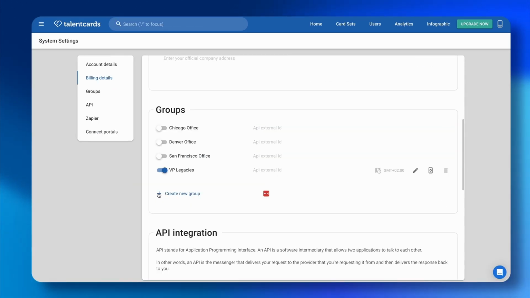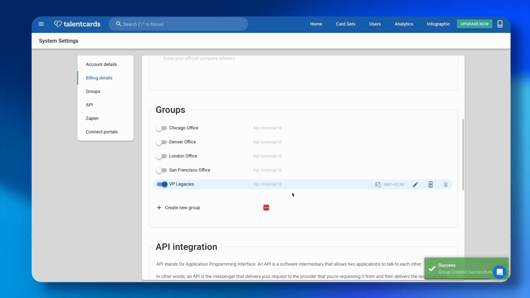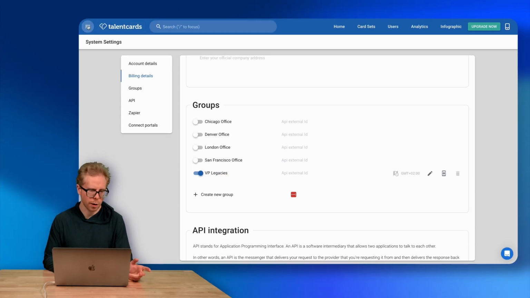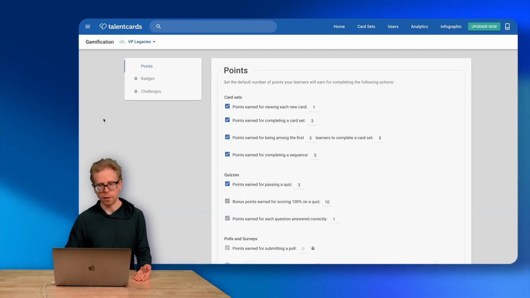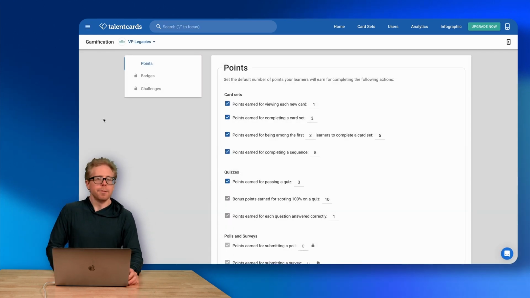So this is where you create groups. You can create a new group by clicking on new group. We can go London office. Boom. Now we have a London office group. We can turn these on, we can turn them off. Then we can select which group we're going to work in. Right now I'm working in this one. What we can do now is go down to gamification and set our gamification settings. Very similar